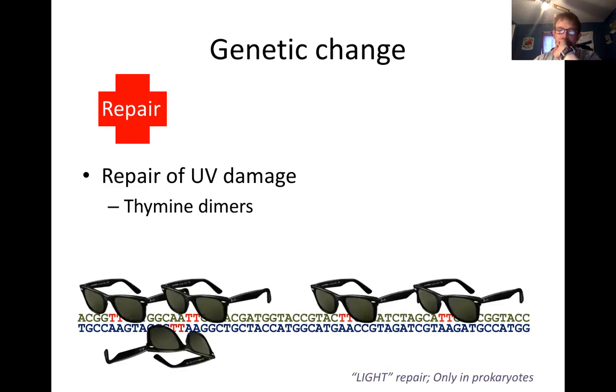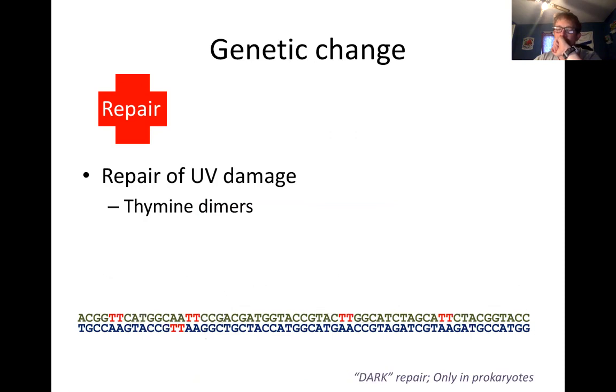We also see in some, and I see that Snape because he was one of the Dark Lords, we also see dark repair. And dark repair is also only in prokaryotic cells. In this case, dark repair is removing nucleotides that are on either side of those thymine dimers, laying down a new set. And when you lay down a new set, you lay down thymines that are no longer bound together, and you now have your repair. So light and dark repair, and you'll see at the end of this, there's a little table that lines these different types of repair up for you guys.